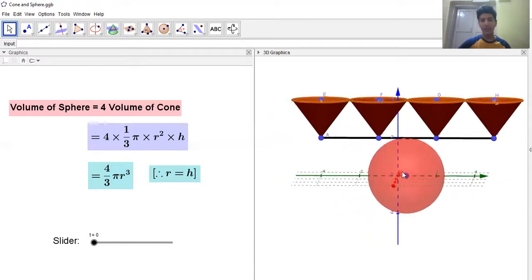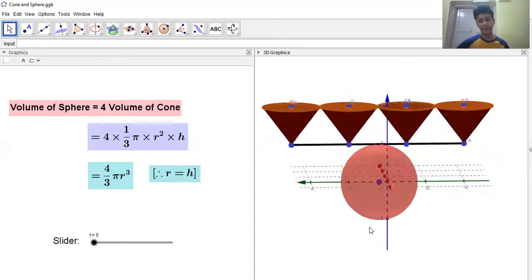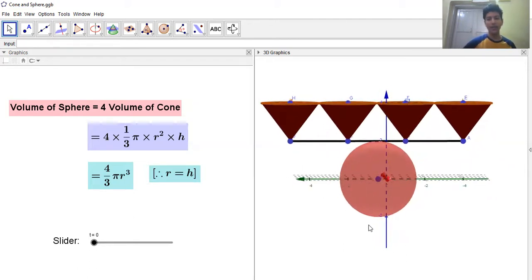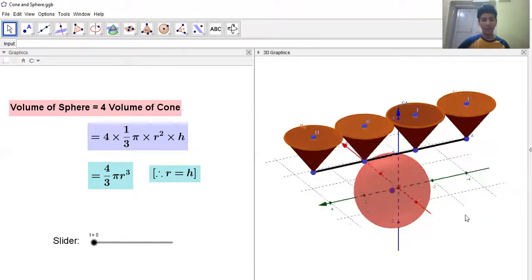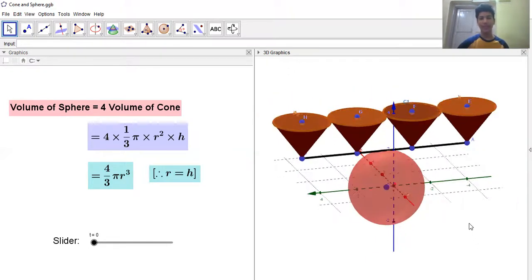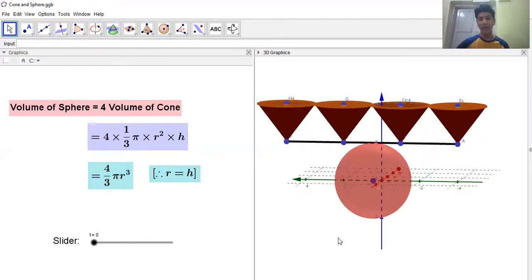So we have taken a big sphere and four small cones with the same radius and same height, 2 units to be exact. Okay, so what we need to do is, after this, I have created that volume of sphere is equals to 4 volume of cone. So how is it possible? Because as you can see, here are 4 cones only, and I have directly said that it is equals to